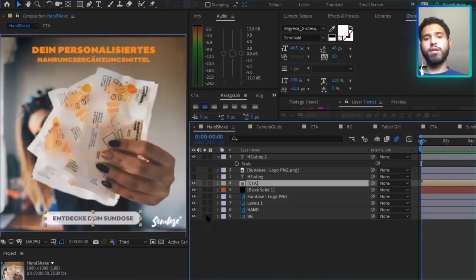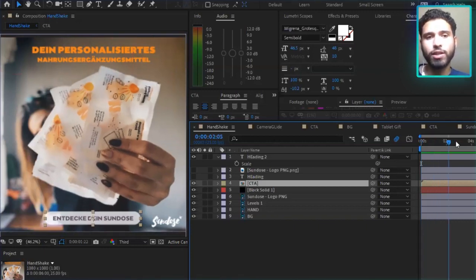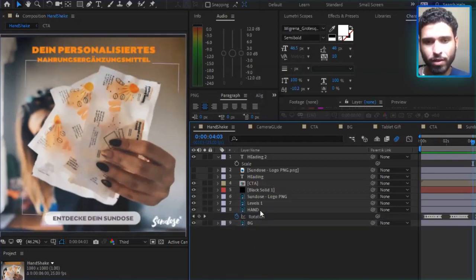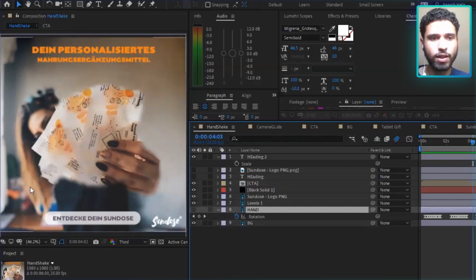So after going through this research and saying, okay, there's potential in this idea, we go and test it in Photoshop. Basically, with this image, I isolated this element that is going to be shaking here, as you can see, which is the hand and the sachets from Sandoz. And then, let's see where there's animation here. Yeah, on the hand. It's basically cleaned up, as you can see, the rims of the image,